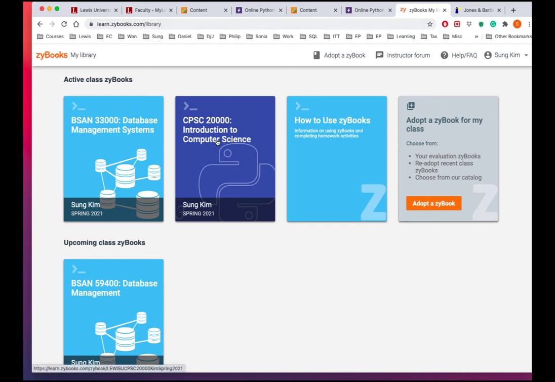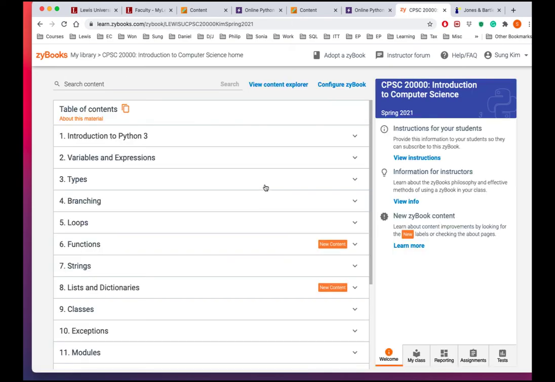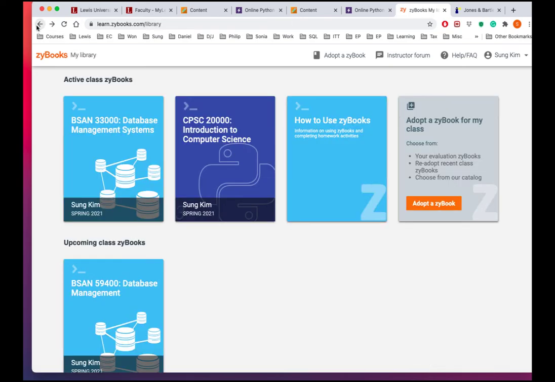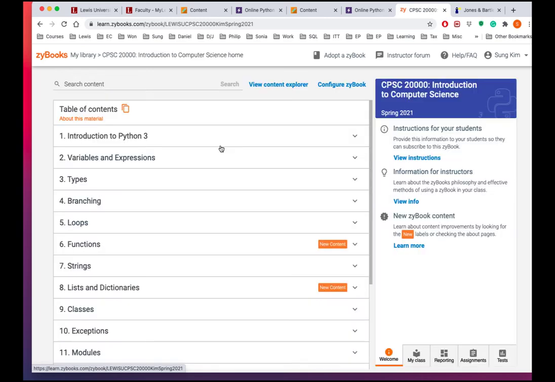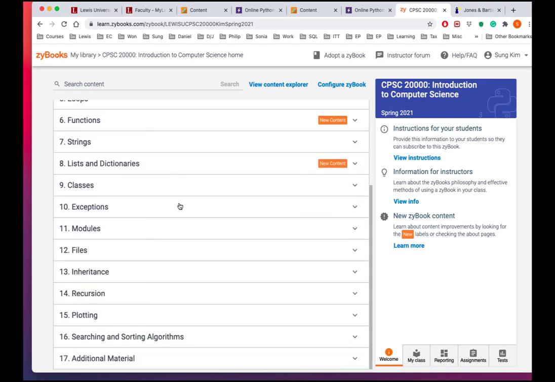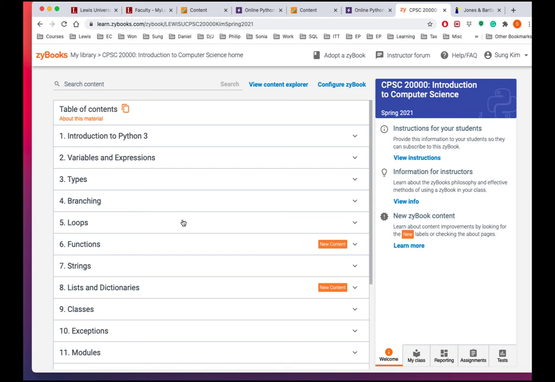So here are my other books that I'm using. I'm going to click on that. Let me go back out there and show you. It shows you my name and the term, right? And the course number. So you can click on that. And here you have access to all these chapters and units about the Introduction to Computer Science